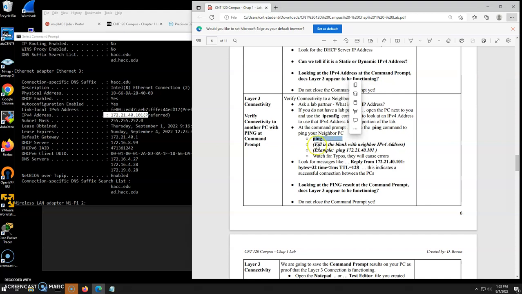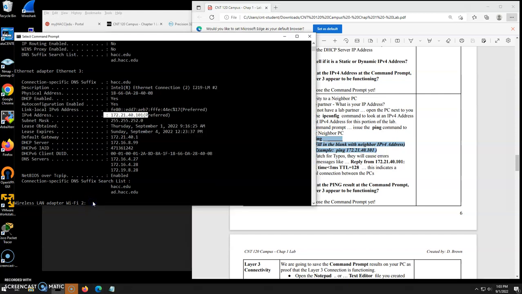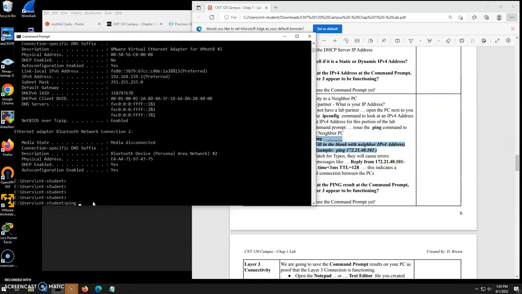That's what this is. I'm going to ping. I'm going to send a data packet to another computer. If I get a reply back, then I know they're there and my layer 3 is working. So what I'm going to do is ask my neighbor, what is their IP address? And then I'm going to issue the ping command, and I'm going to plug in their IP. I don't have a neighbor right now, but I'm looking at the computer next to me, and I'm going to plug in that IP address,